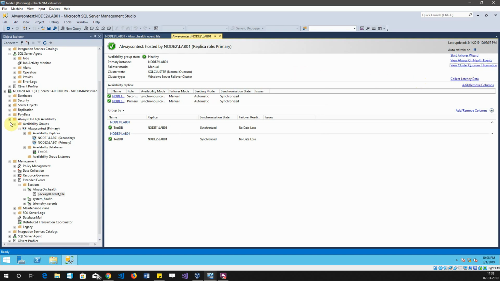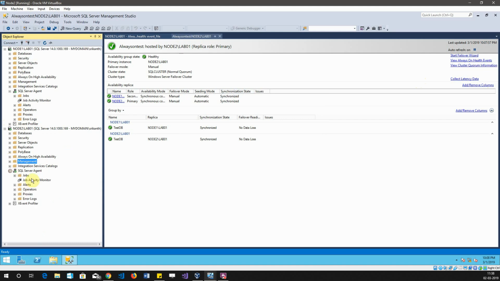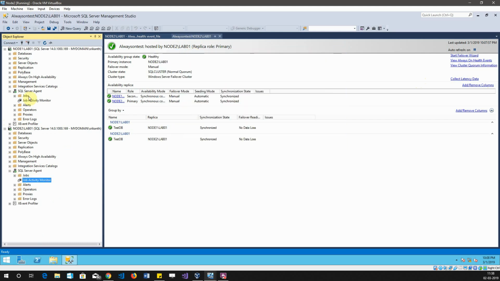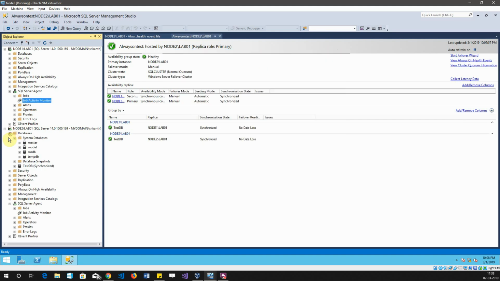If you go to the SQL Server Agent, you can see there are no jobs present on the primary and secondary. You also have to check tempdb. There are no tables present here.